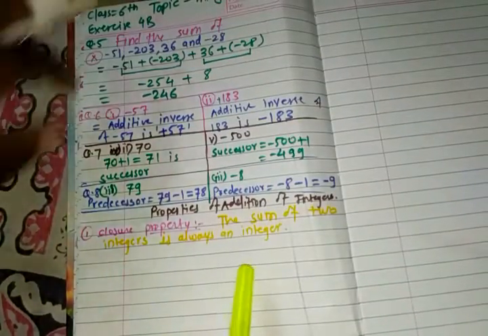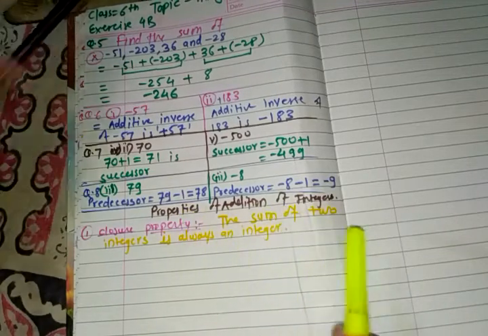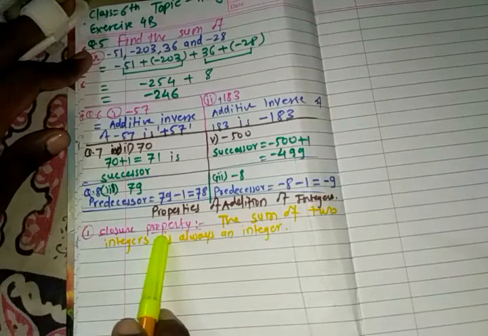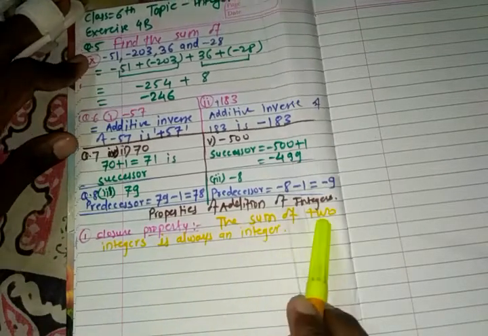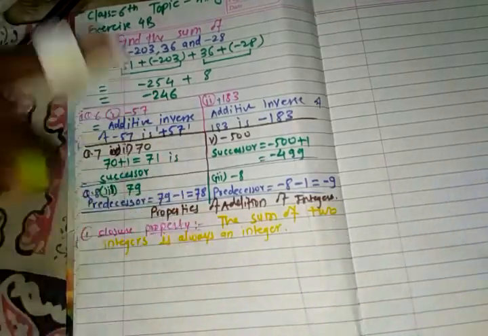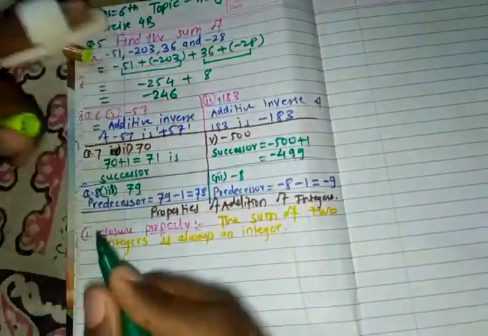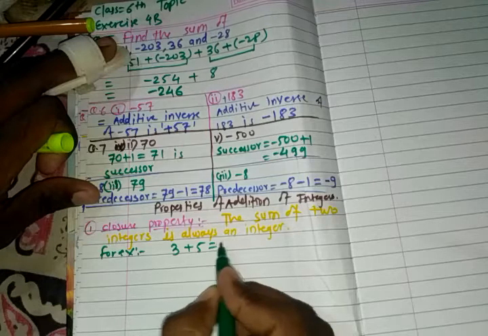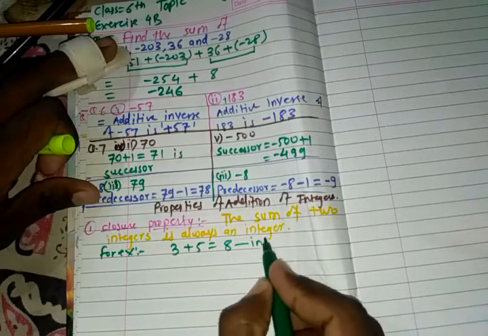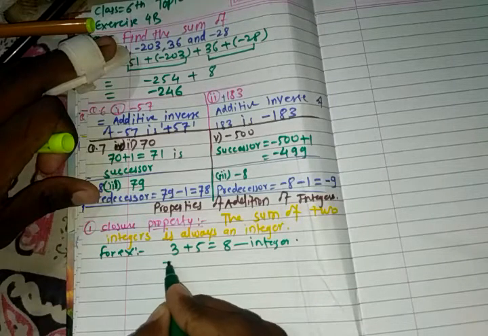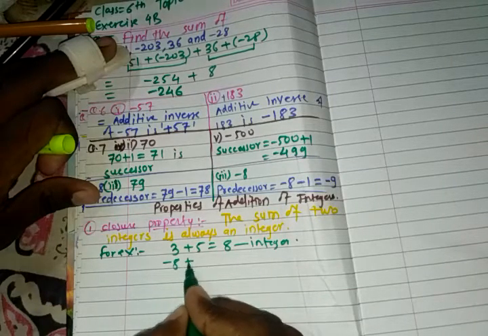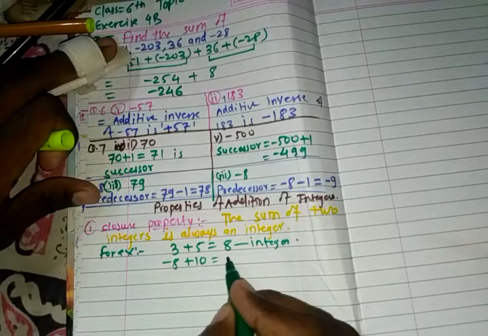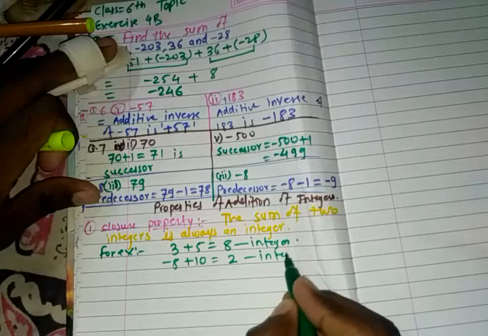Let's see the properties of addition of integers. Before that we have seen the rules of addition of integers. Now the properties. First property is the closure property. What does it say? It says that the sum of two integers is always an integer. Suppose I am taking for example two integers, 3 plus 5. So their sum is 8. So 8 is also an integer. If I take a negative integer, minus 8 plus 10, so minus plus, subtraction, so 2 comes, so it is also an integer.